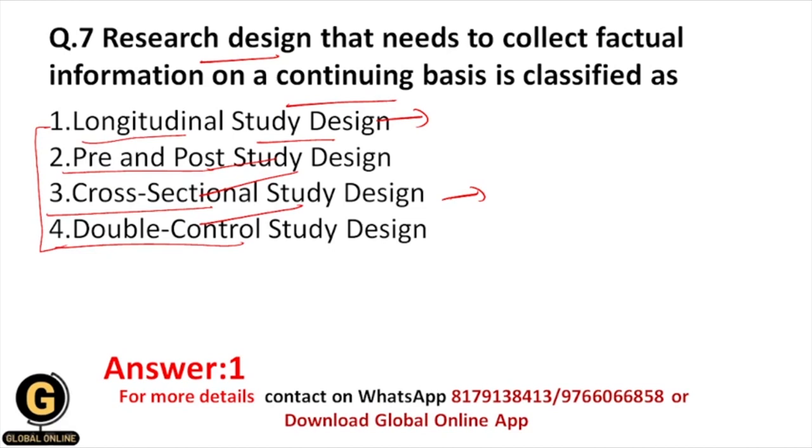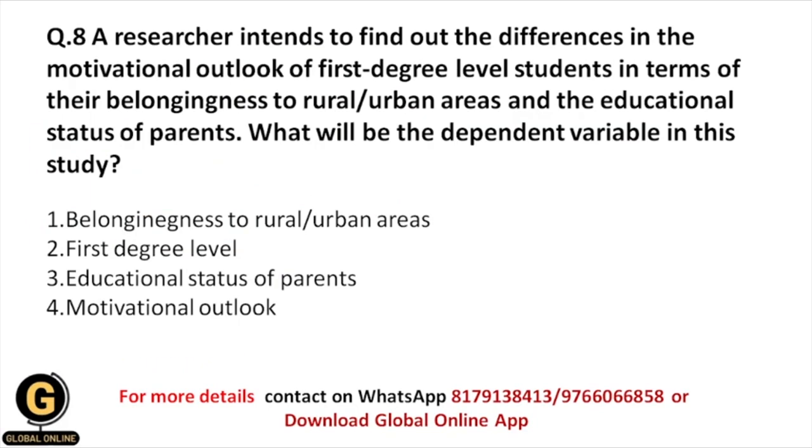In the double control study design, there are two control groups and one experimental group. That's why it is called the double control study design, and the correct answer is 1, that is longitudinal study design. A researcher intends to find out the differences in the motivational outcome or outlook of first